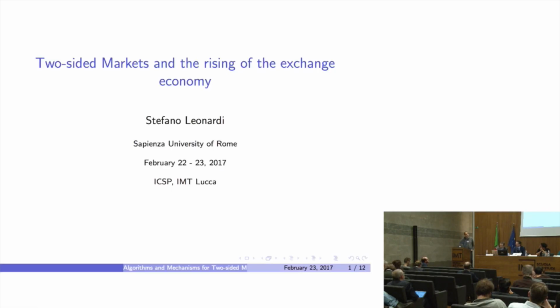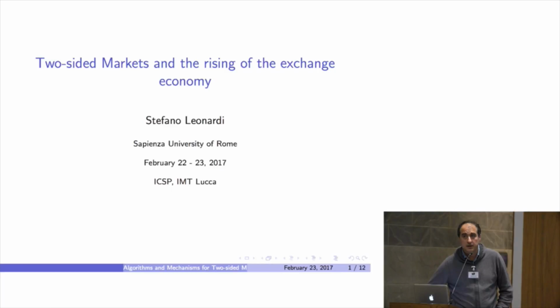A specific feature of the new markets made available by digital platforms is that providers and consumers can directly talk to each other. So a good economic model for this type of market is that of two-sided markets, with a class of agents, providers on one side and consumers on the other side. And this is also a good way of thinking of the sharing exchange economy.